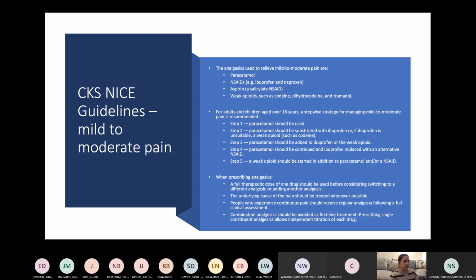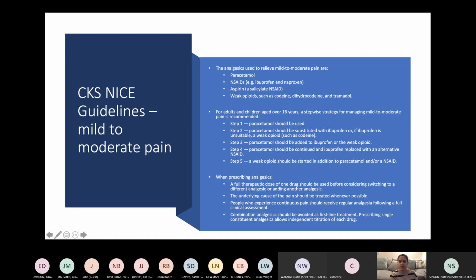So it talks about when prescribing analgesics, which I think this bottom bit is quite helpful for considering what you're doing when you're prescribing. So it talks about using a full therapeutic dose of another before moving on. It says about switching, which I potentially wouldn't do. And then it talks about making sure that you're looking at what the underlying cause of the pain is, because